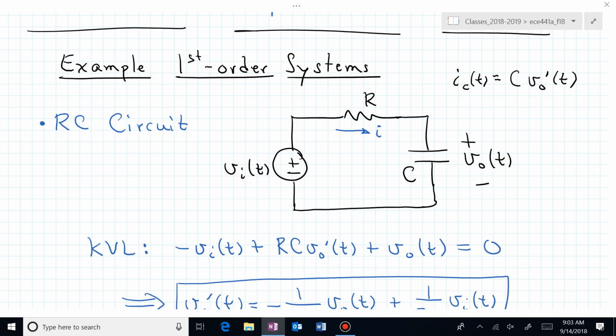That current, in this case the current through the capacitor, since we have a series circuit, is the same as the current through the resistor, and that's why we can say R i is the same as R C v_o prime,